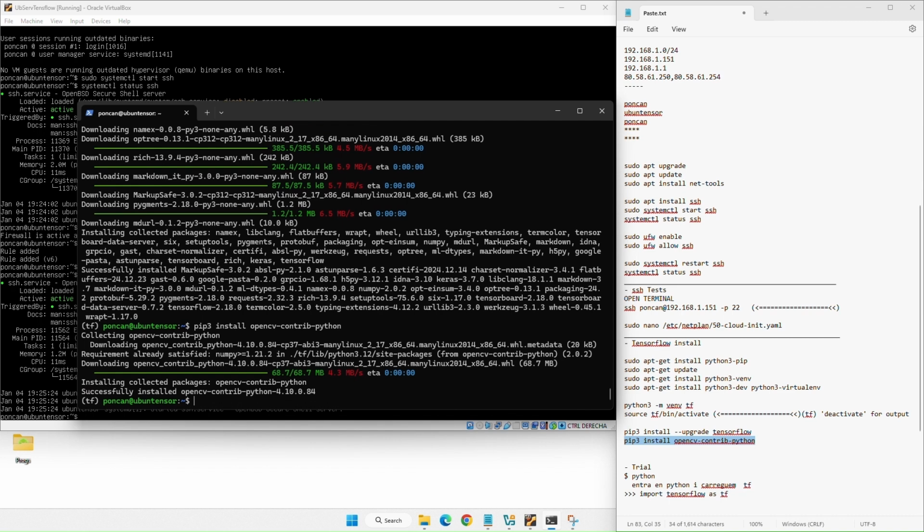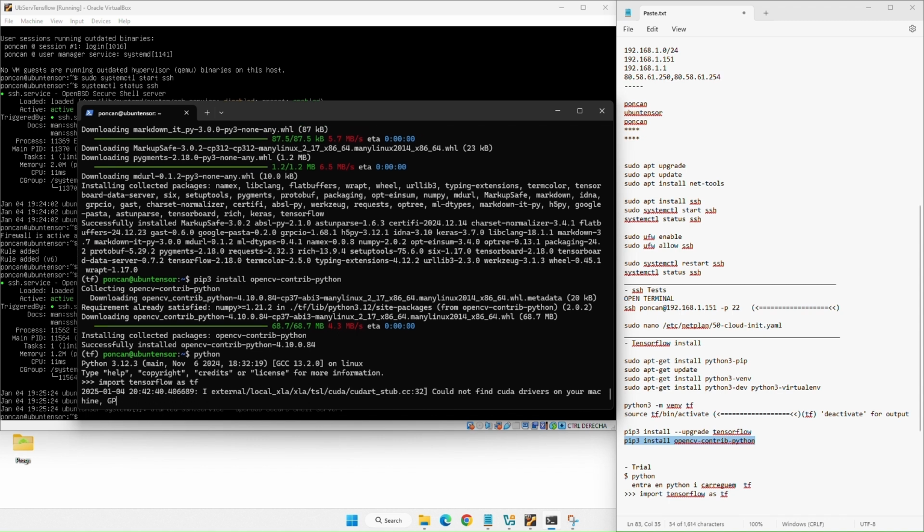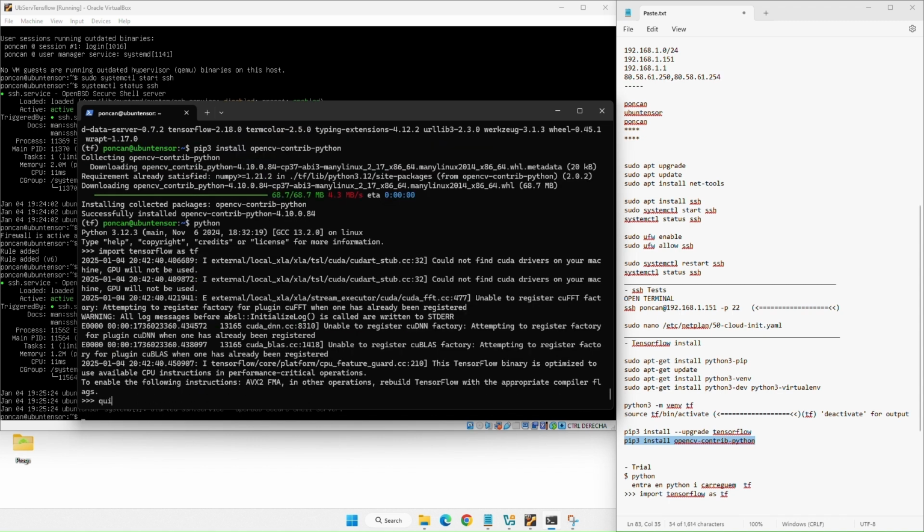To check, type python, and within Python, import tensorflow. If it doesn't give us an error, we have installed it correctly. Exit Python and the TF environment.